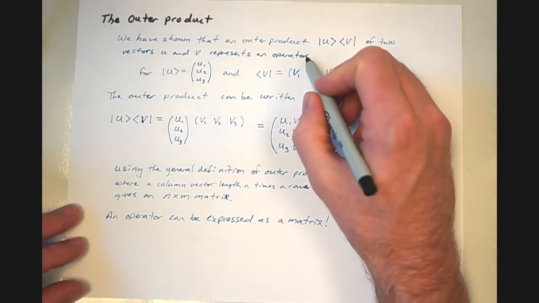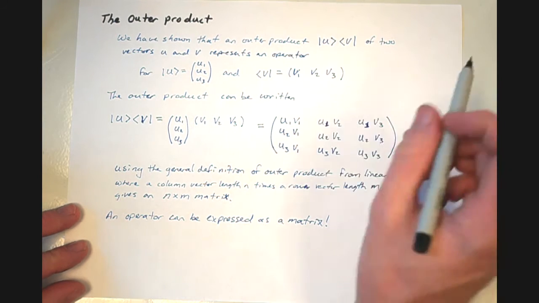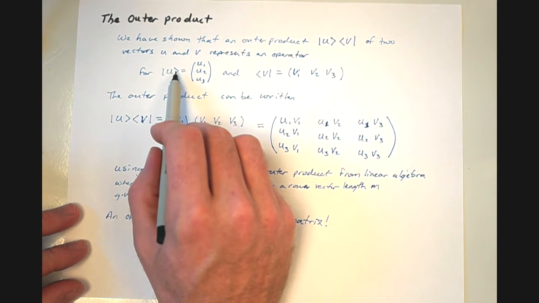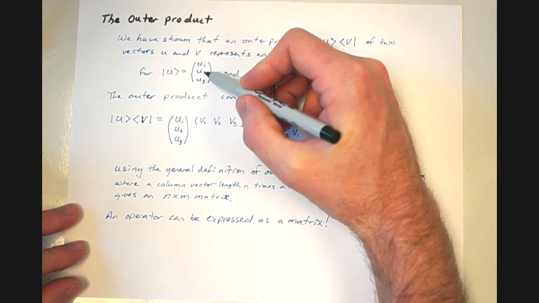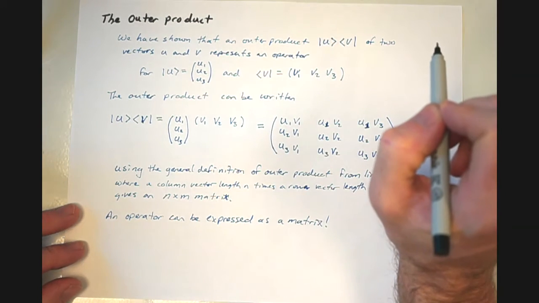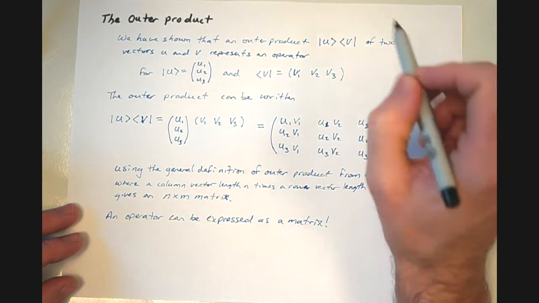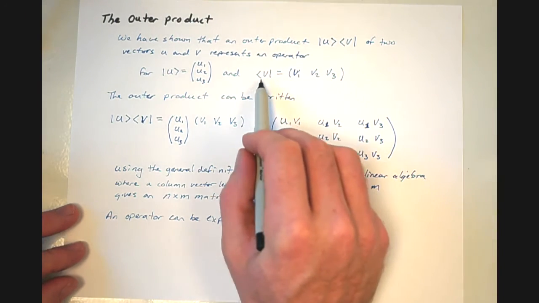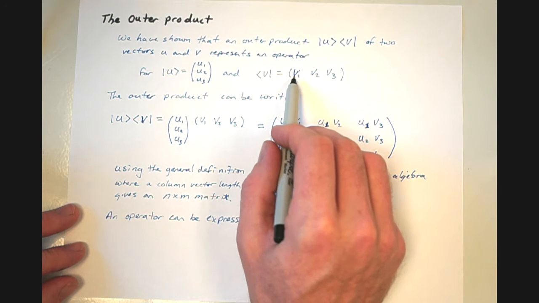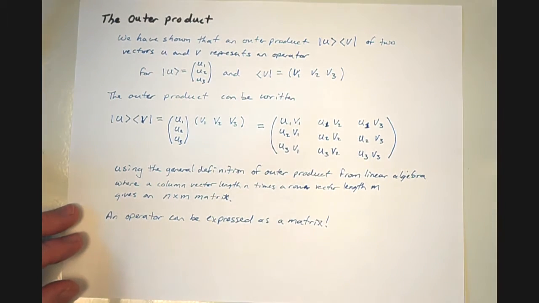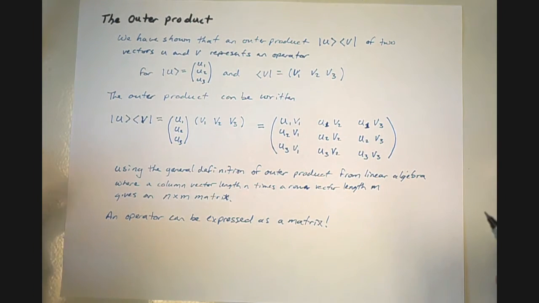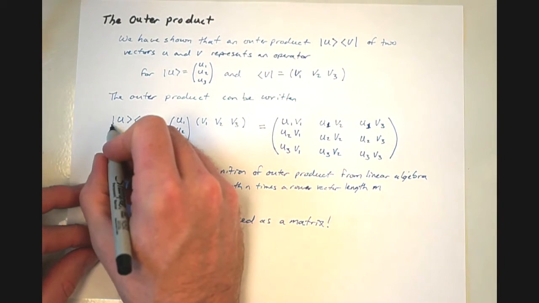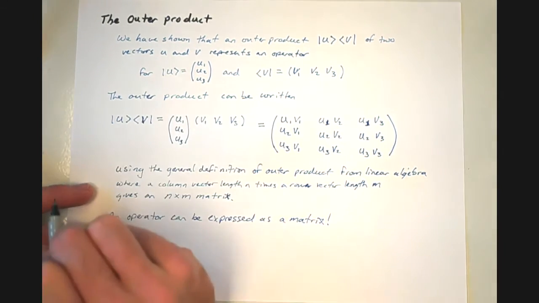So let's take a further look at that, and we'll consider some ket u that represents a linear combination of three functions, u1, u2, and u3, and a bra that is the linear combination of v1, v2, v3. The outer product, then, can be written, of course, ket u times bra v,